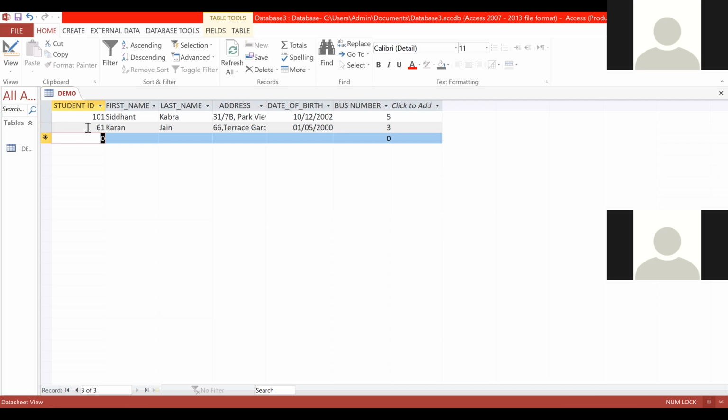Next is 57. Samita Hegde. Address 76/7B Blue Diamond. Date of birth 12/1/2003 and bus number 5.